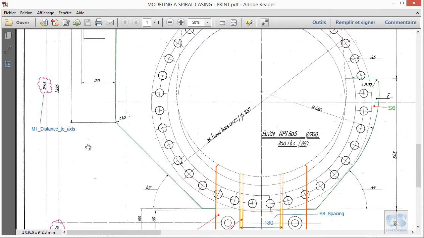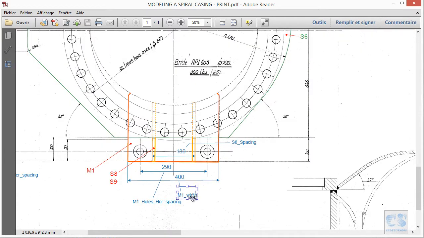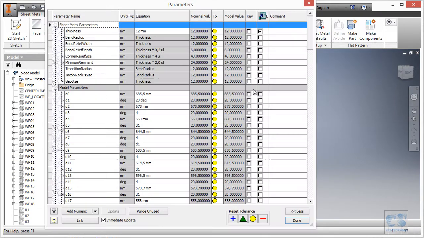So what we are going to do now is, as we did for the stiffener, take time to fully define the parameters we will need for these components. Okay, we'll start with this one, the width. So let's go back to the master part and right click parameters.